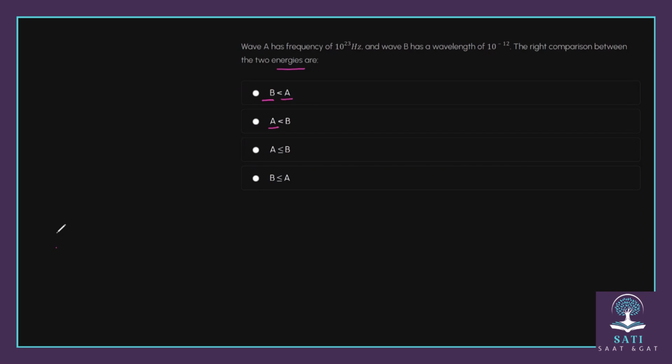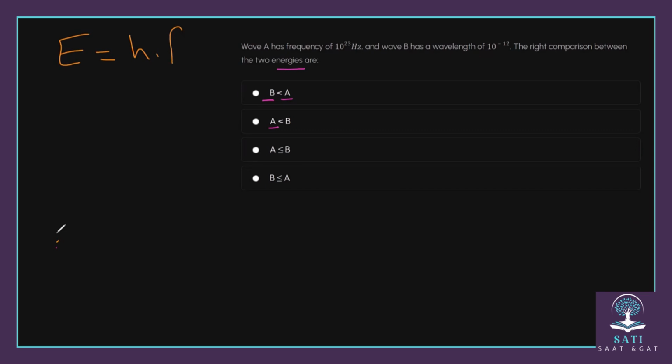The first one is B is less than A, and the second one is A less than B, or less or equal, or greater or equal. How can we know which one is right? Okay, that means we are comparing what here in this case? We are comparing energies. And as we know, when we compare energies of two waves, the energy formula equals